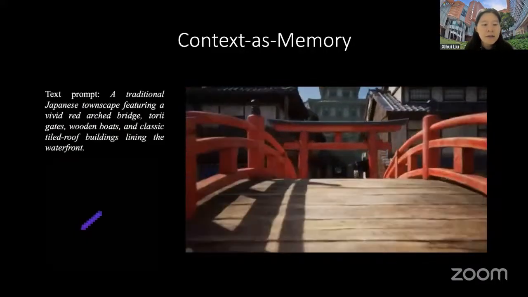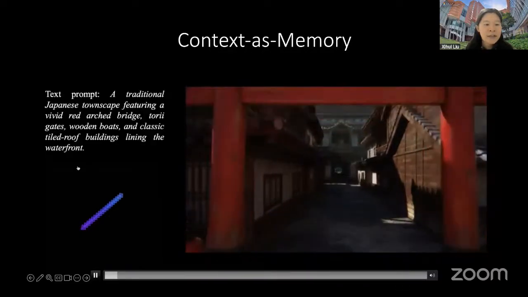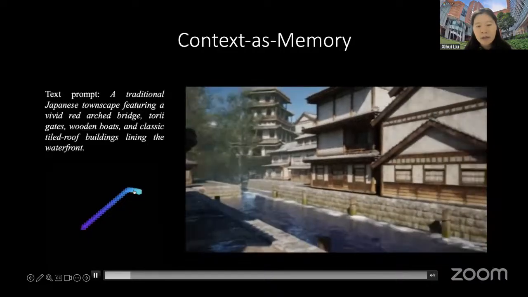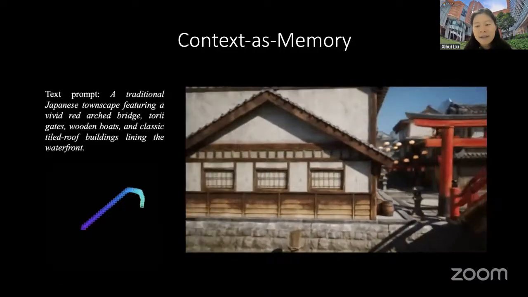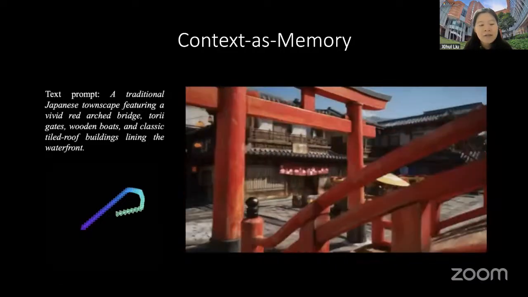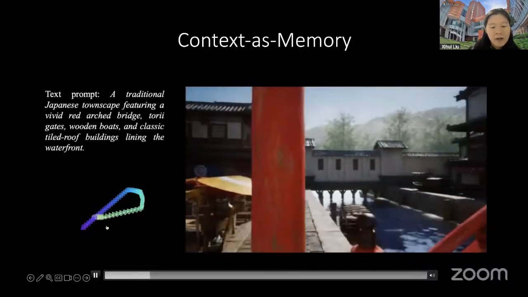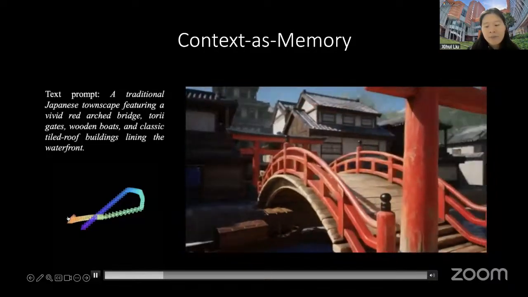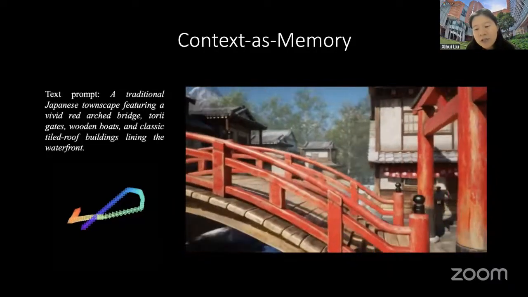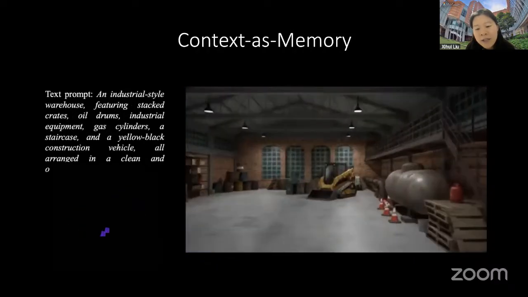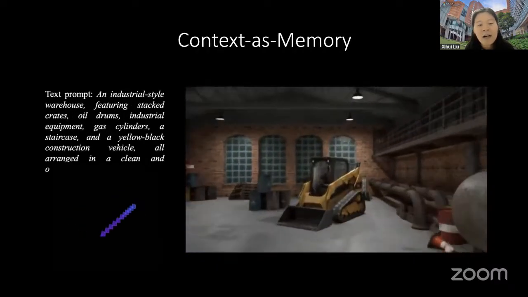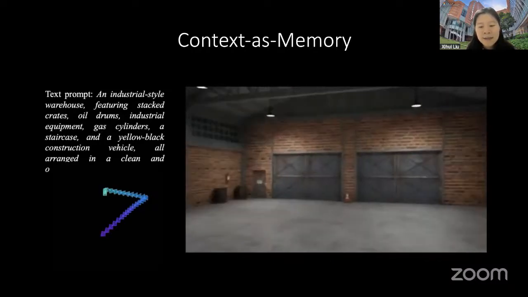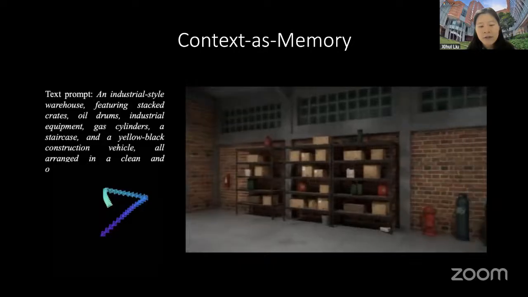So this is the result. On the left, we show the text prompt as well as the user-defined trajectory in world models. And on the right are the generated videos. We see that sometimes the trajectory may overlap with the original scenes that we have generated. And if the camera moves back to the original bridge, we can still generate the same one. So our approach shows very strong scene consistency for generating long videos.